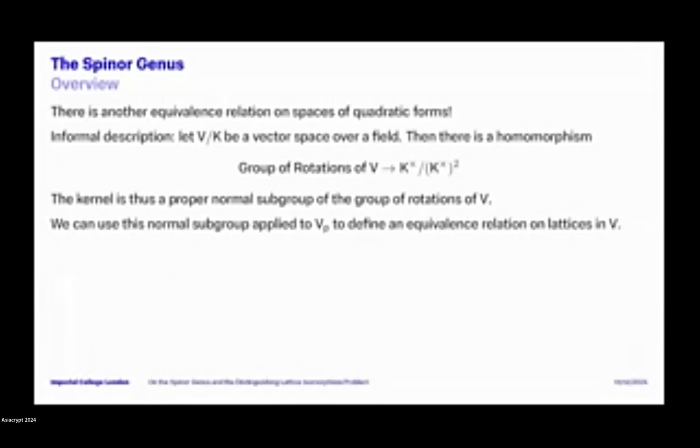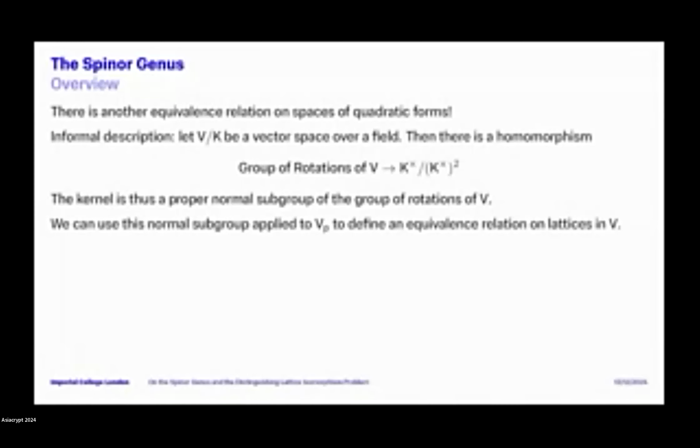There's then a homomorphism from the group of rotations of V, i.e. the orthogonal group on V, to the space of units of K modulo squares. This homomorphism has a kernel. This kernel is a normal subgroup of the group of rotations of V. In the case when it's a proper normal subgroup, we can use it to define an equivalence relation on lattices